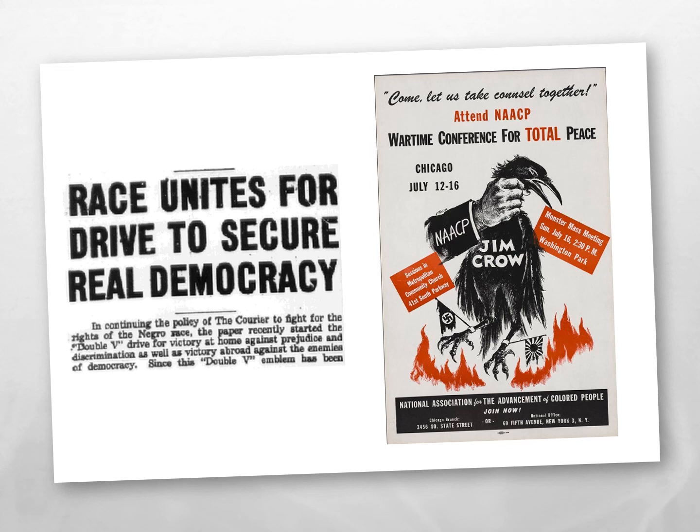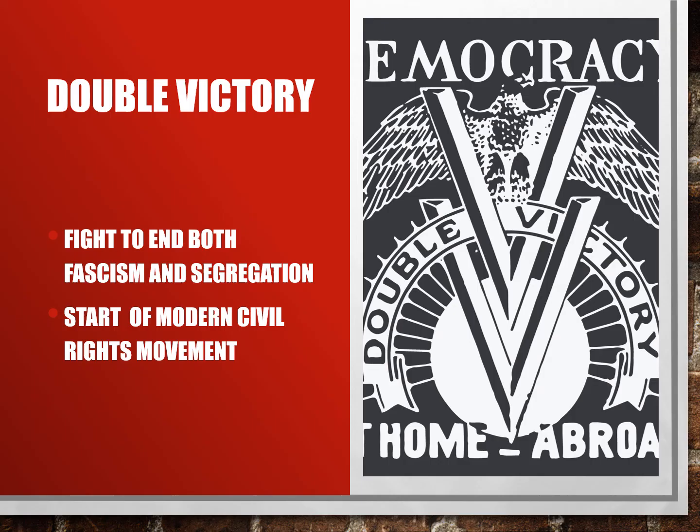So as we were fighting the Nazis and the Japanese and the fascists, we began to say, hey, shouldn't we also be fighting Jim Crow? Because isn't segregation the same basic idea? And of course it was. So there was a big push for double victory, especially in the black communities. We're going to fight fascism, Japan, Italy, Germany, the Nazis, but we're also going to fight segregation. So the modern civil rights movement had its seeds in World War II.